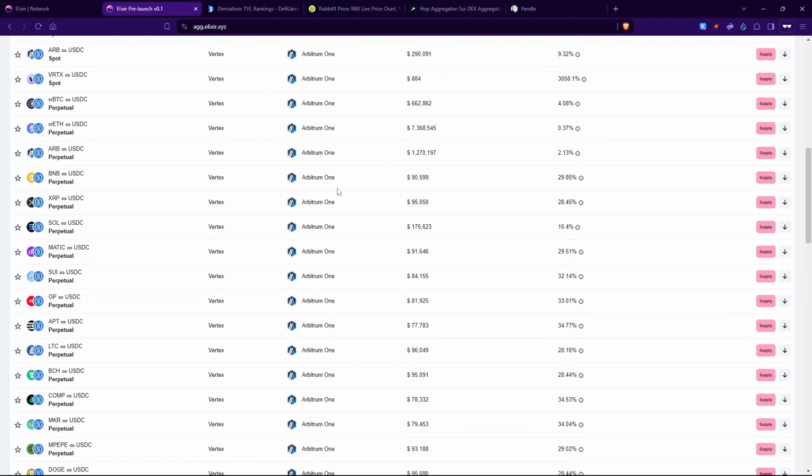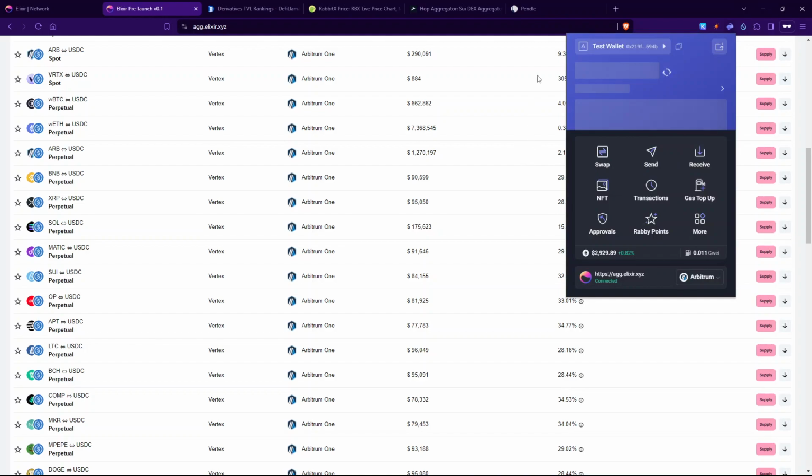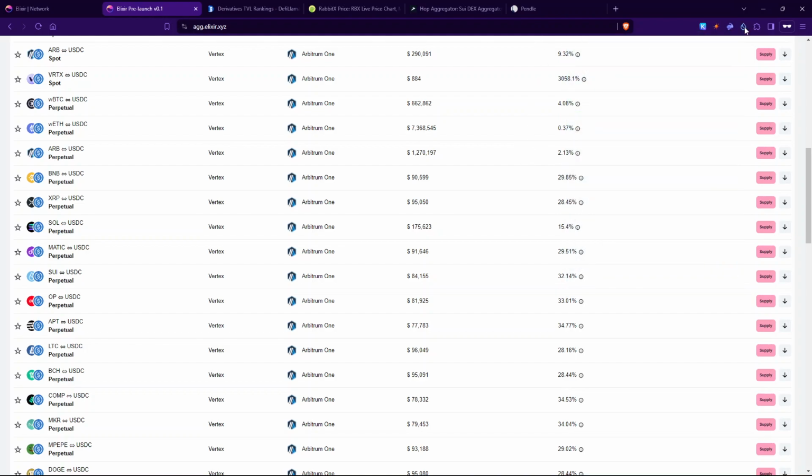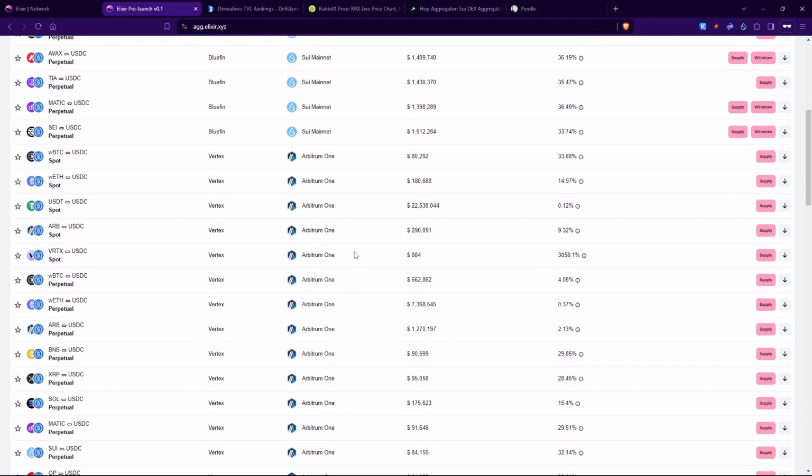USDC and all you can bring from Binance. Okay, if you have money on Binance, then you can withdraw it from Binance and deposit it into your Ethereum wallet. If you're working with SUI, then native USDC withdrawal is not supported yet on SUI. So what you should do is buy some SUI on Binance and withdraw it to your SUI wallet,